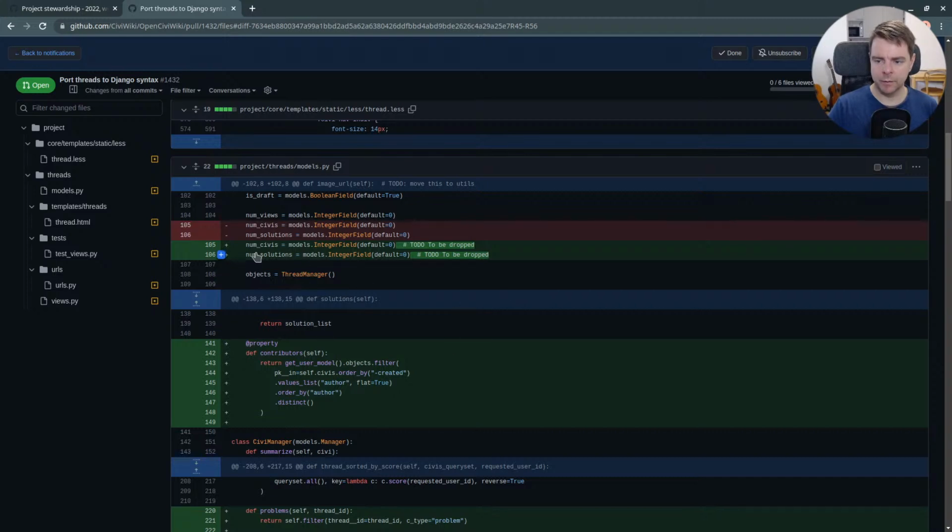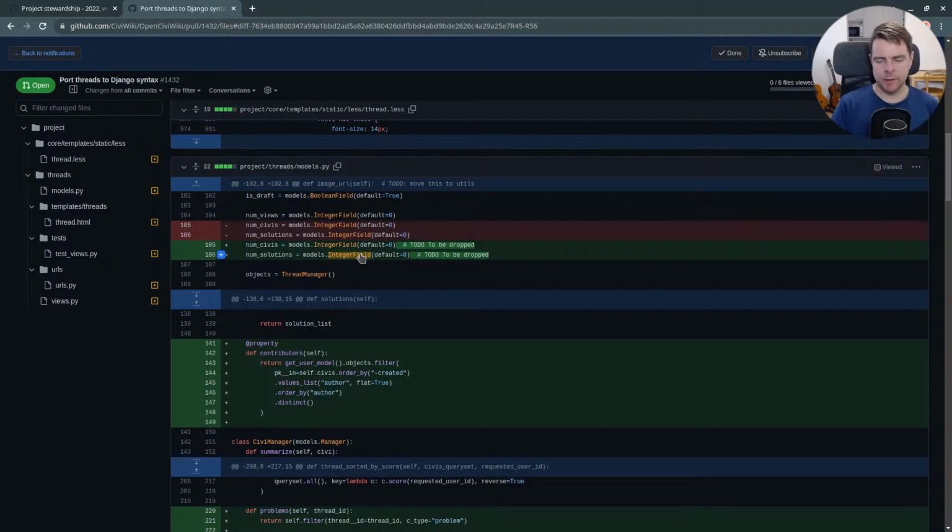Cool. So we're going to drop both fields. Right, because I guess we can do those at the database. However, this is more of a question of where to put the load.